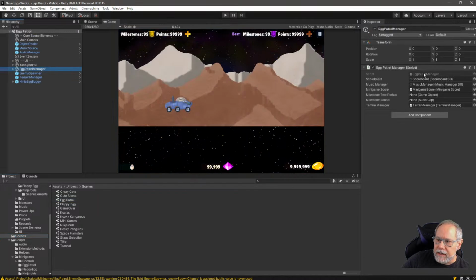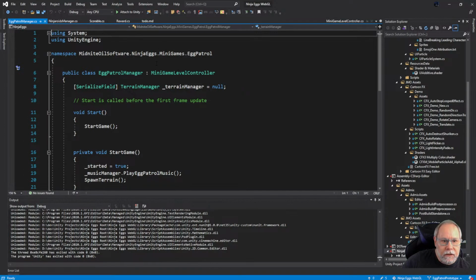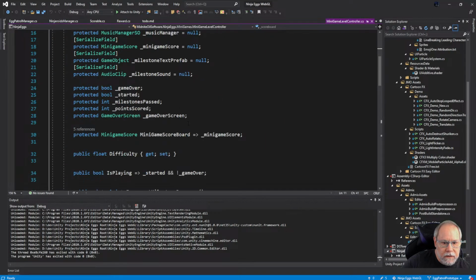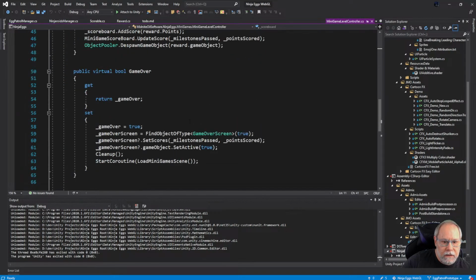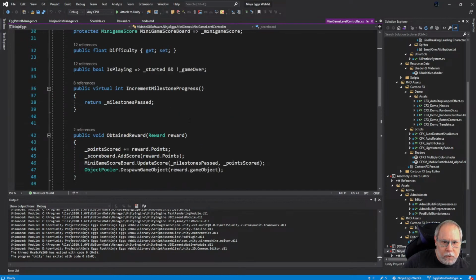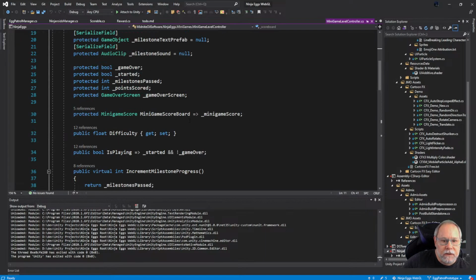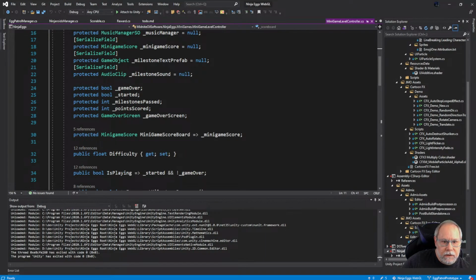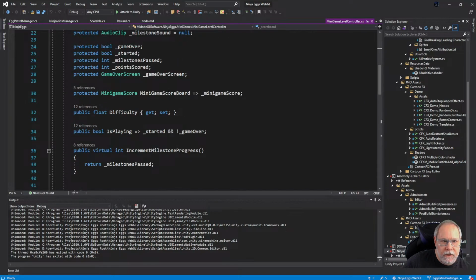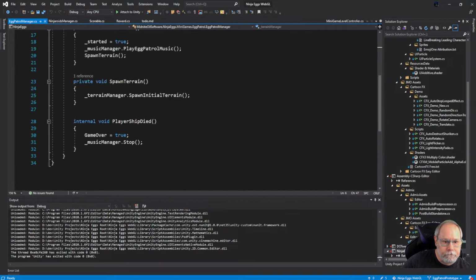Look at this guy. Go look at the base class. So I'm going to have to add methods to add points. Yes. Okay, so in my Egg Patrol manager,